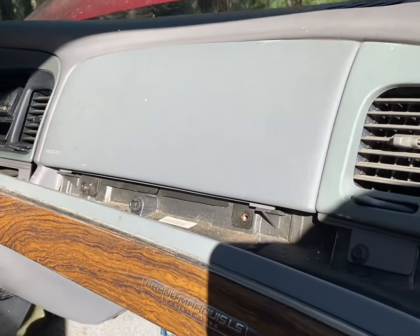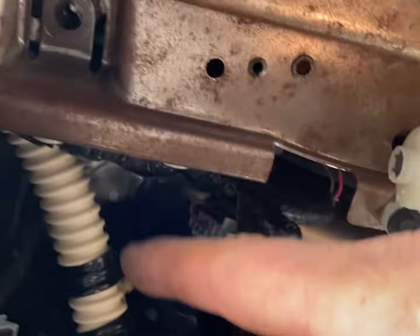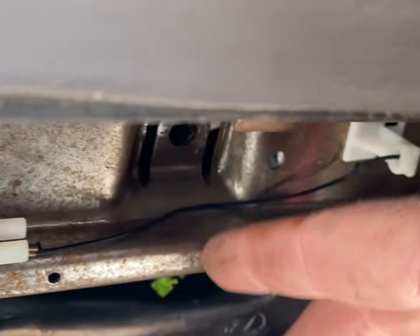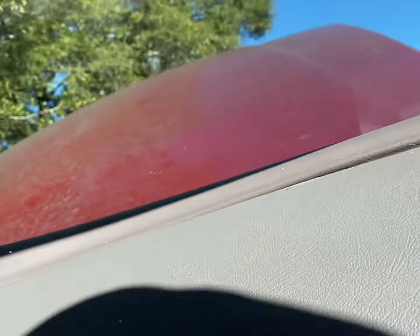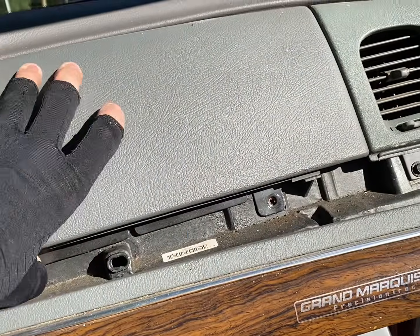All right, guys, I lied. There was these two bolts in the front, but there's also two bolts on the bottom. I already took it out, but there was one here and one here. So there's one all the way to the right and one all the way to the left, and those are 8mm. So after you take those four out,